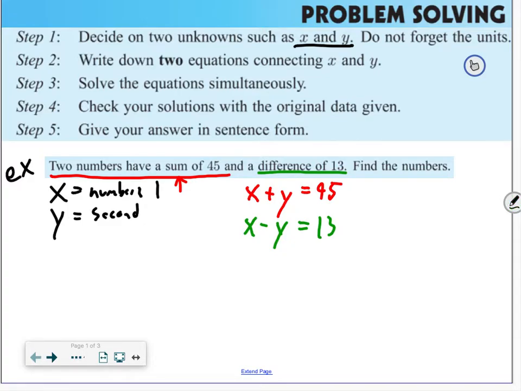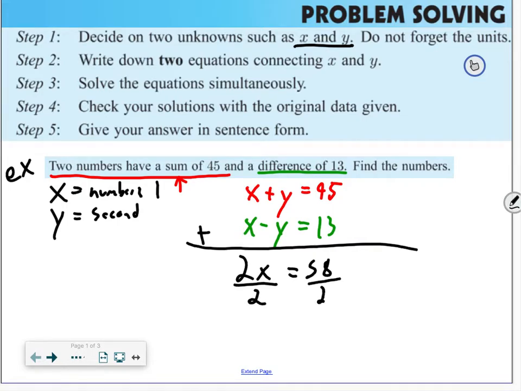Since I have them set up like this, I think elimination is going to work best since they're stacked and all my x's and y's are on one side. And it's nice because I have a positive 1y and a negative 1y on the second one. So if I add these up, I'm going to get 2x. My y's will eliminate, and I end up getting 58. Now I have one equation, one unknown. I can solve for that x. I divide by 2, and I get x is equal to